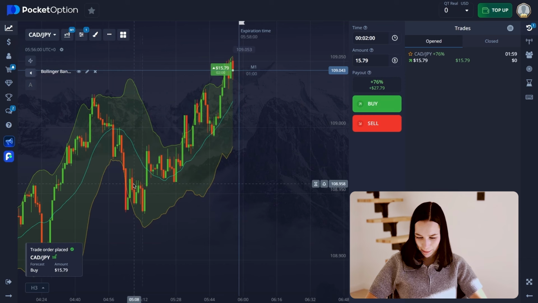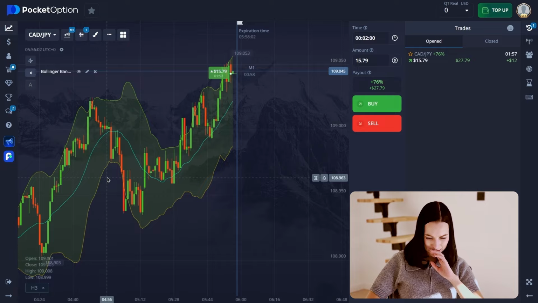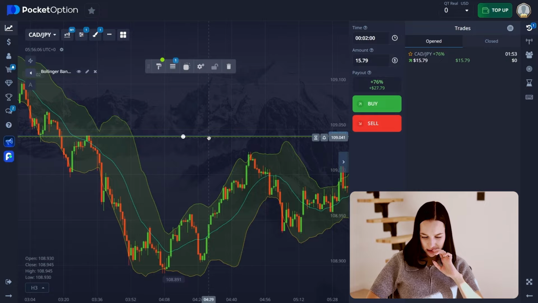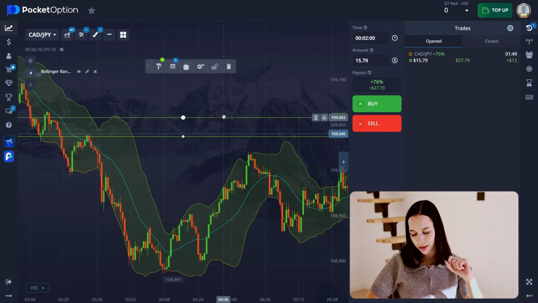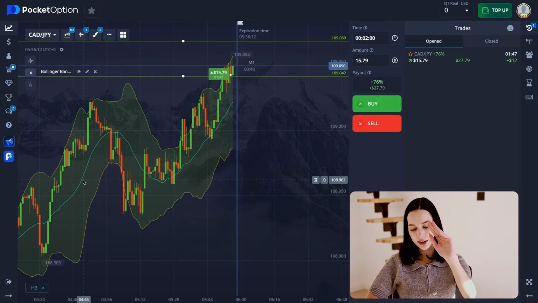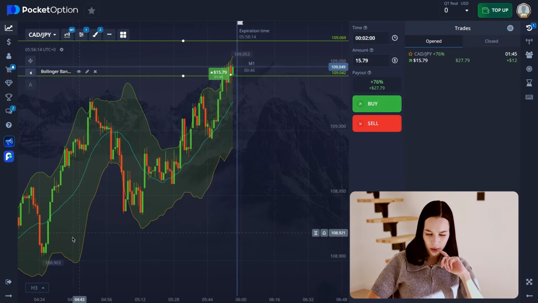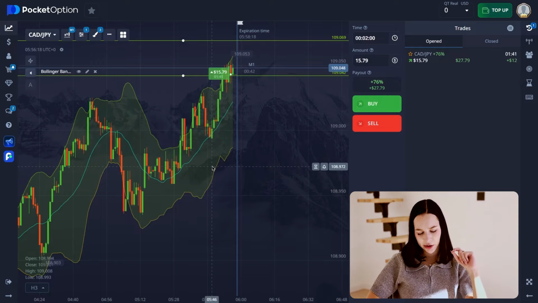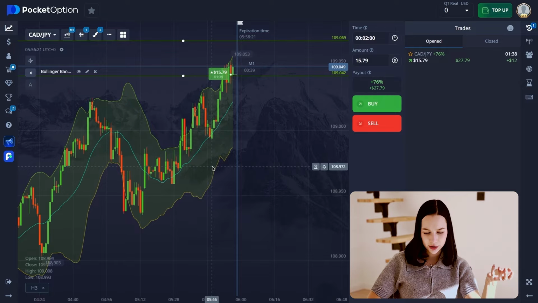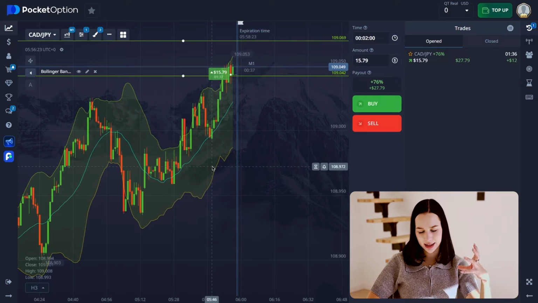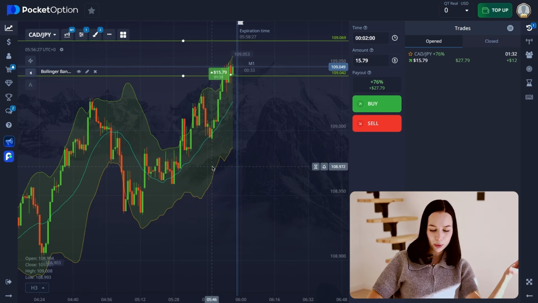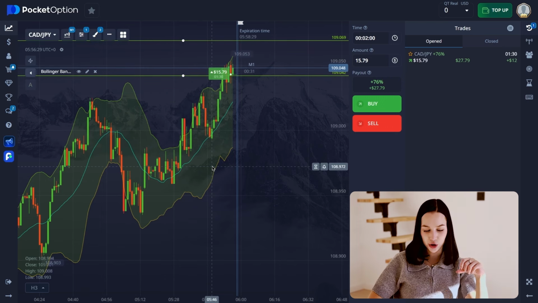Here's pretty good. Let's open a buy trade for 2 minutes. Okay. So you can see the previous local high was here. So our price already achieved that, but it could still move even higher to the next local high. So also the market here is in a clear short-term uptrend, forming a sequence of higher highs and higher lows, and the